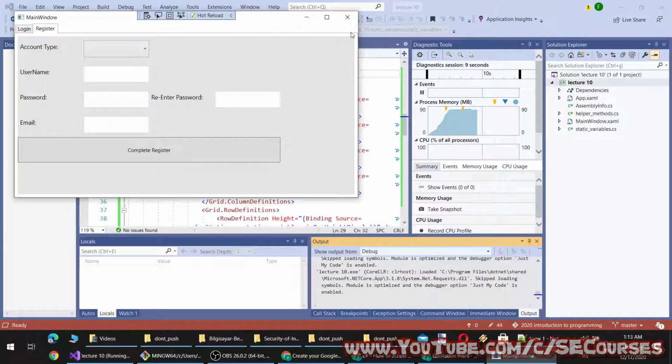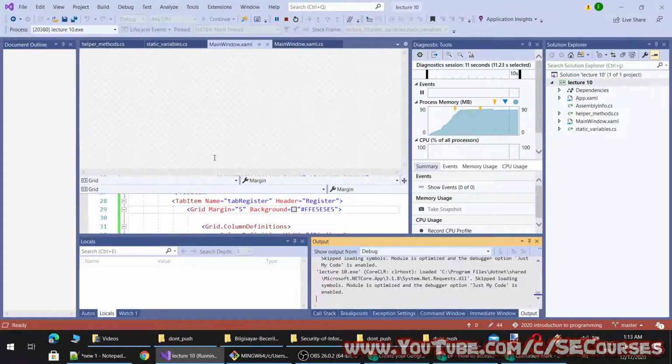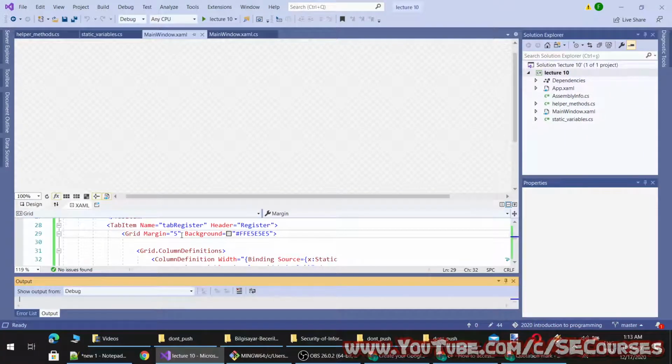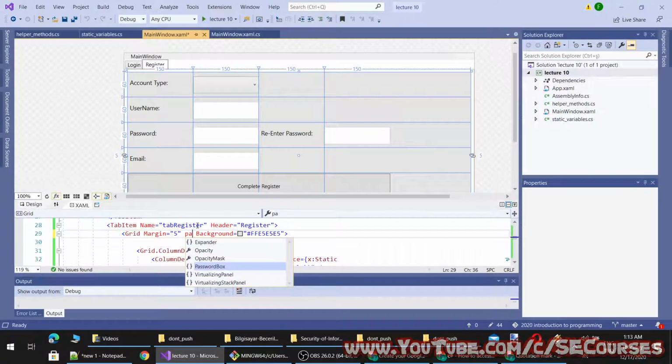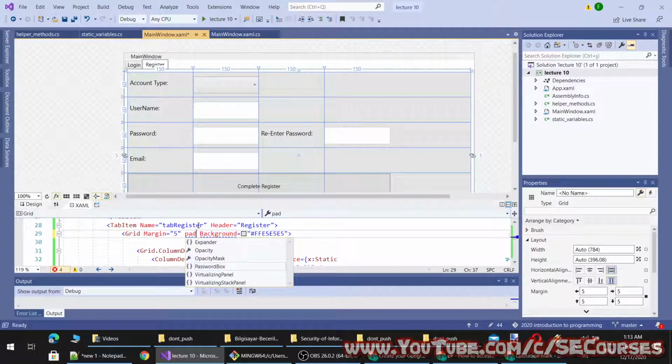You can also add some padding to it, and let's see how padding looks. Oh, there is no padding on the grid.